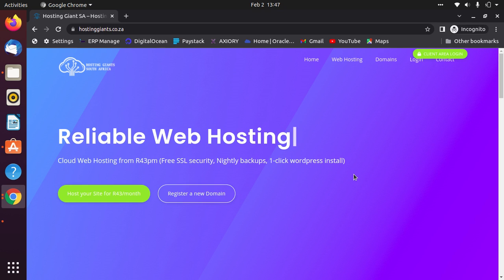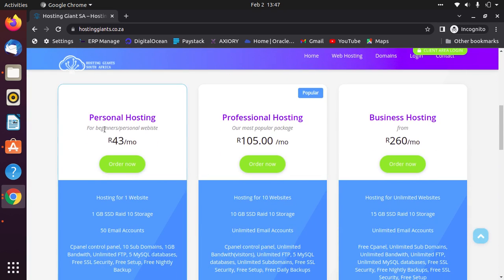So the first thing you do, open your Google browser, head on to hostinggiants.co.za, and then you're going to have to pick a package. So we just want to host one domain, one website. So the first thing that we do is we're going to go to host your site for 43 Rand per month. You can either come here or scroll down here, and then you get to see the other packages. There's 3 of them, one hosting one website, the other one 10, and the other one unlimited. So we just normally start here for personal website, which is mainly for beginners, and just click on order now,